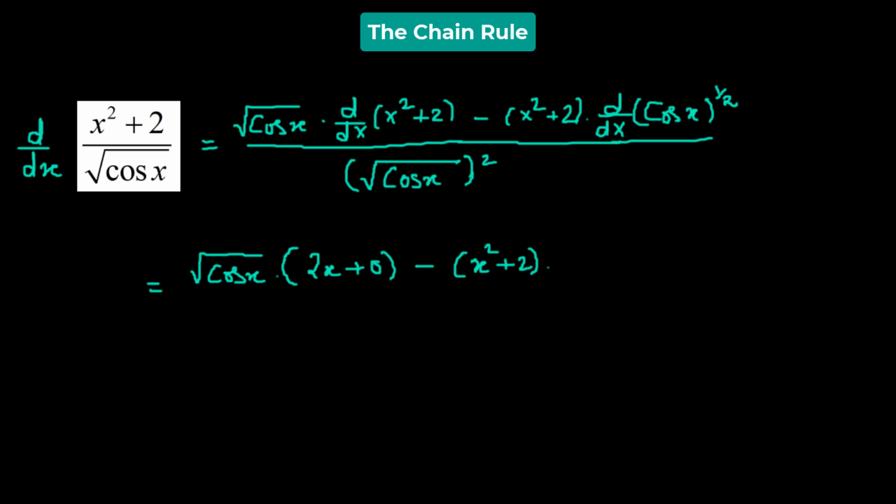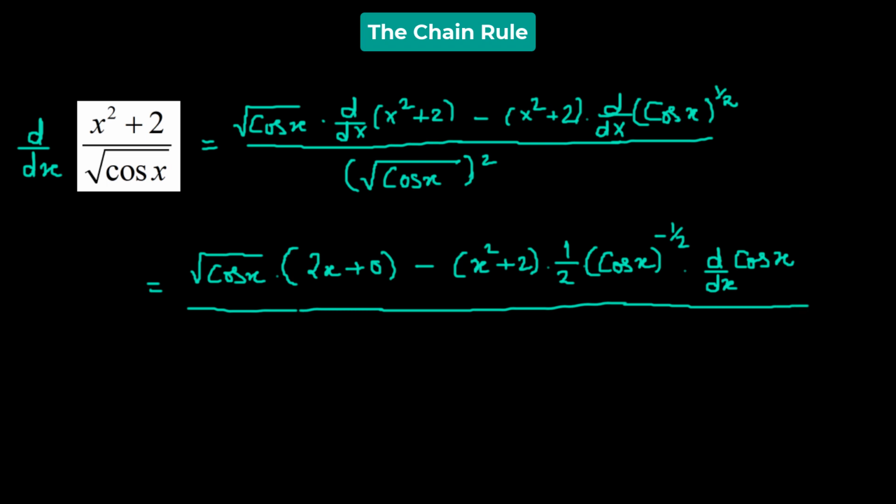So we have cosine of x, so if we assume that it is equivalent to x, then we have x raised to the power of half. So that gives us half multiplied to cosine of x raised to the power of half minus 1, which is negative half, multiplied by the derivative of cosine of x, whole divided by cosine of x. So we have twice of x times square root of cosine of x minus x squared plus